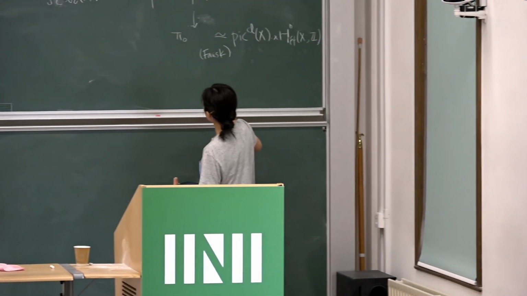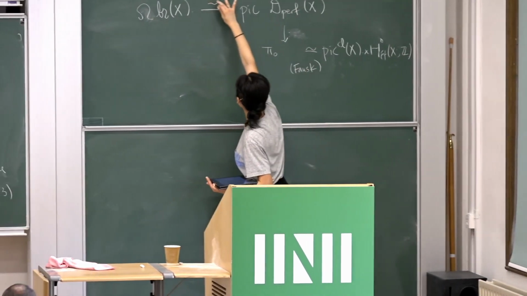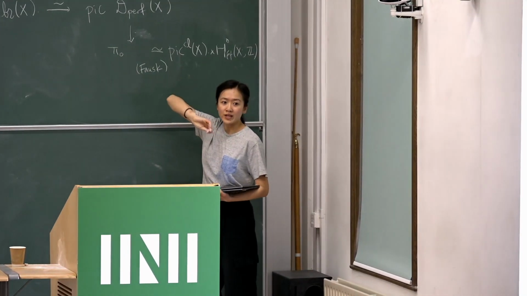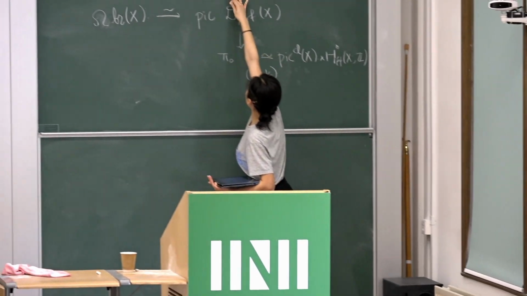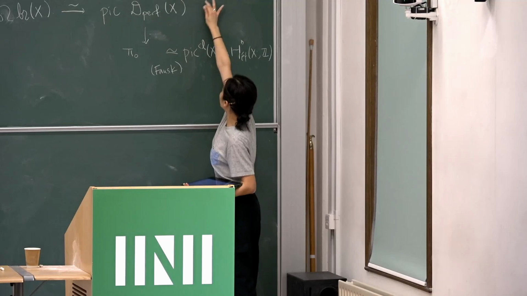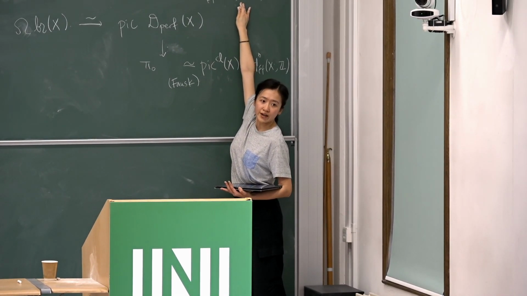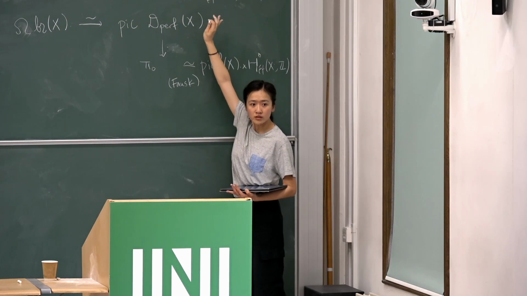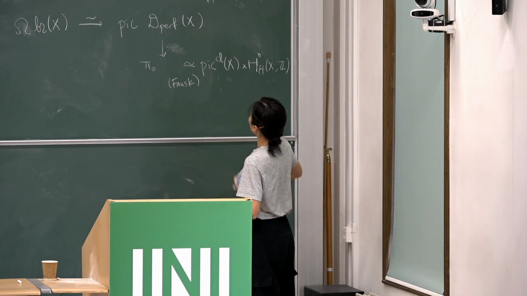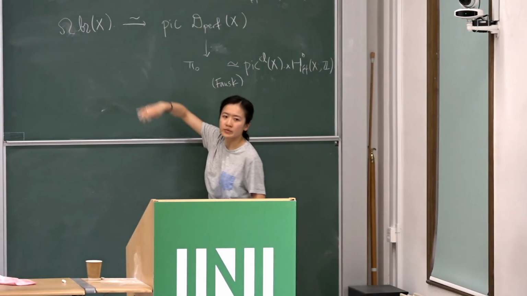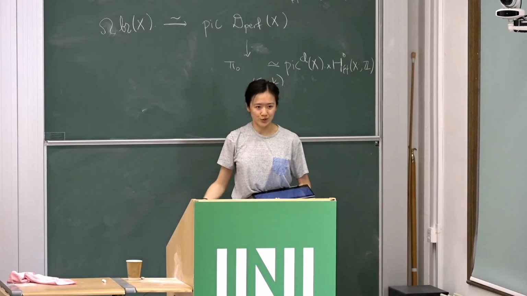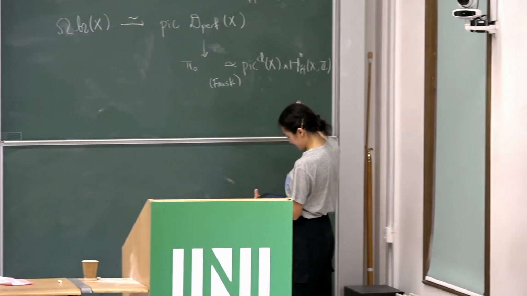So what I want to do now is return to this first line here. If I could ignore the factor on the left-hand side, then great, this is the group that I wanted to access via Azumaya algebras but couldn't quite, without some assumptions. But where is this factor coming from? Just think about it as an artifact of working in the derived setting.